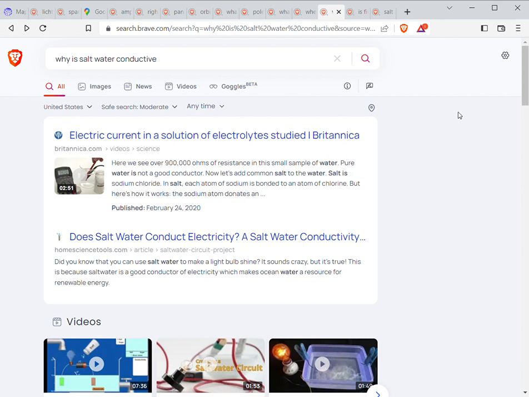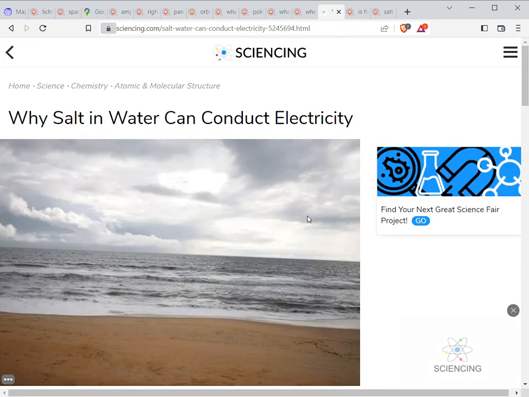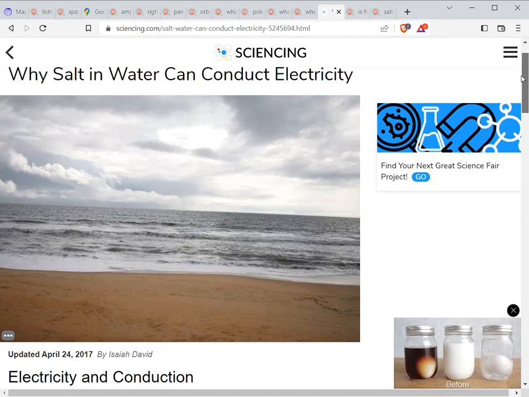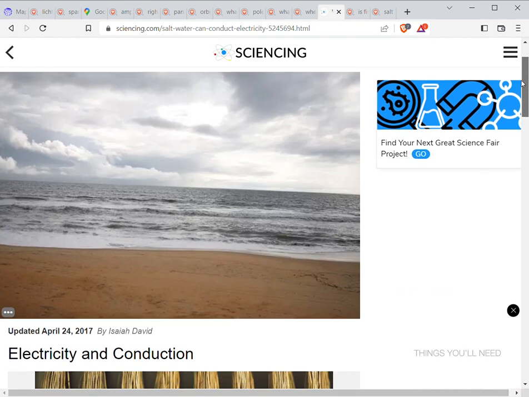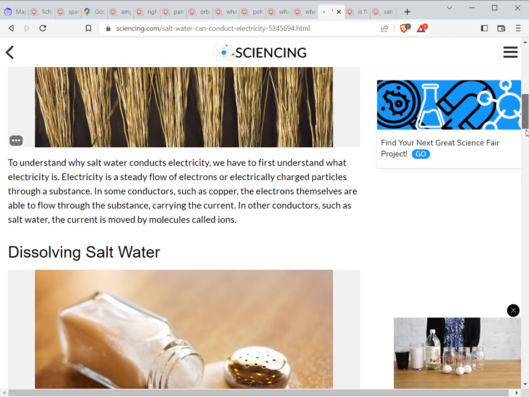Normally, for those of you unaware, pure water is not a good conductor. It says it up here, but salt water is, and we're going to talk about why that is right down here. This is actually a pretty good article. I'm going to block that. This is a pretty good article about, I can't complain here for the most part. I was bashing the other article. This one I like.